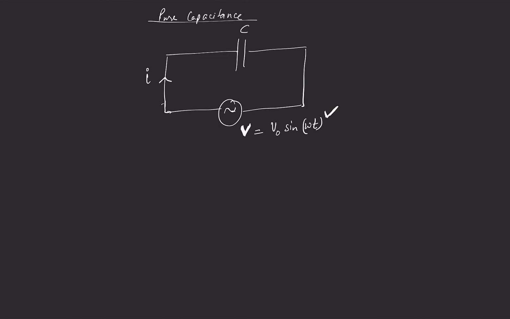How would you do that in a pure capacitance circuit? We know that in a pure capacitance circuit, the capacitor will accumulate some charge. Let's say that charge is Q, the charge accumulated at any instant. This charge would be different at different instants. At any instant, if capacitance is C, the charge accumulated is Q equal to CV. Here V and Q are instantaneous values, and C is only a constant.